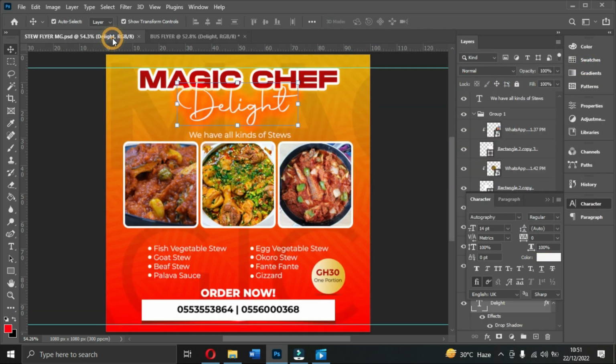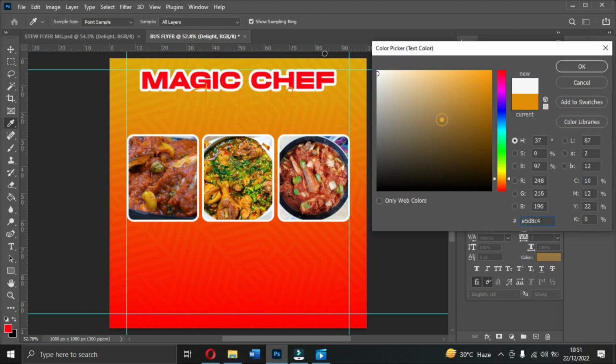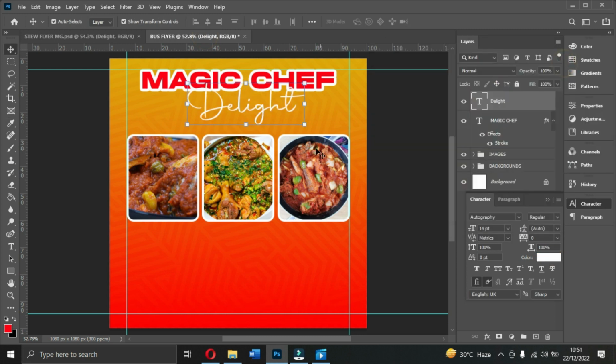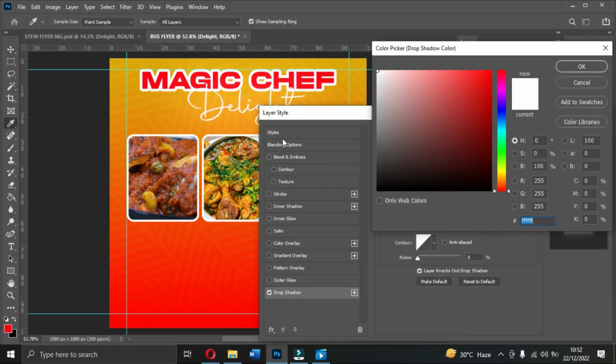Let me check well. I think we pick white, yes. So with the delight, we use white. All right, then the white too may not have a clear, so we added a little bit of drop shadow. Okay, so now with the drop shadow, what I did is I changed the color to this particular reddish color